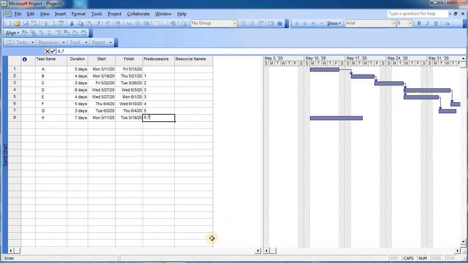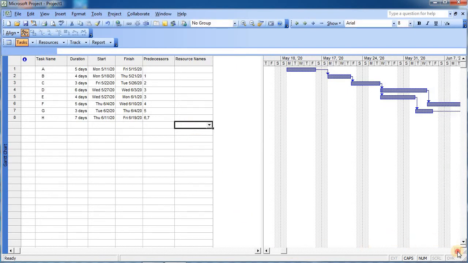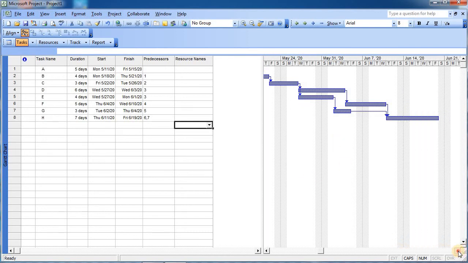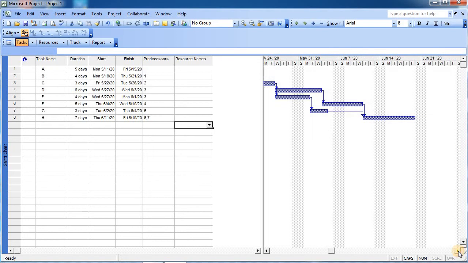The moment you insert these durations, you can see that in parallel the Gantt chart is developed. This Gantt chart is shown in accordance with the various activities right from the start to the end.